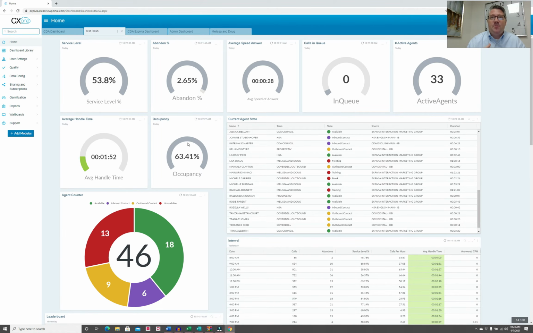But again, if you have an occupancy of 80, 90%, your reps are getting slammed, right? They're getting overworked, they're getting burned out. If you have a number that is under that 70, getting into the 60s and the 50s, then you're not as efficient as you should be. So occupancy gets you thinking about whether you're staffed appropriately for certain intervals. And I like to look at occupancy over intervals, right, to make sure that, from a workforce management standpoint,